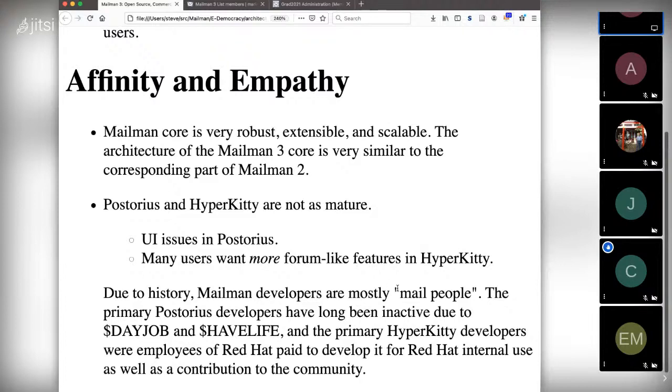So for example, a lot of people use their display name to indicate the use of the address. A lot of people will have Steve at TLUG, and that's going to be the username.